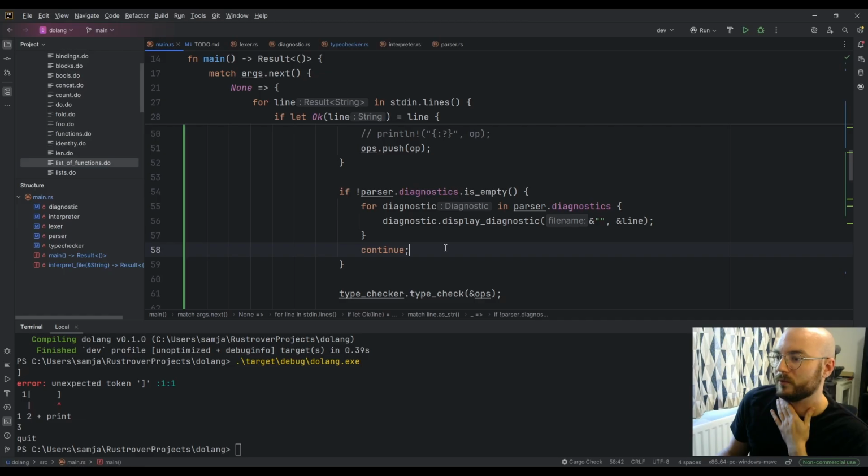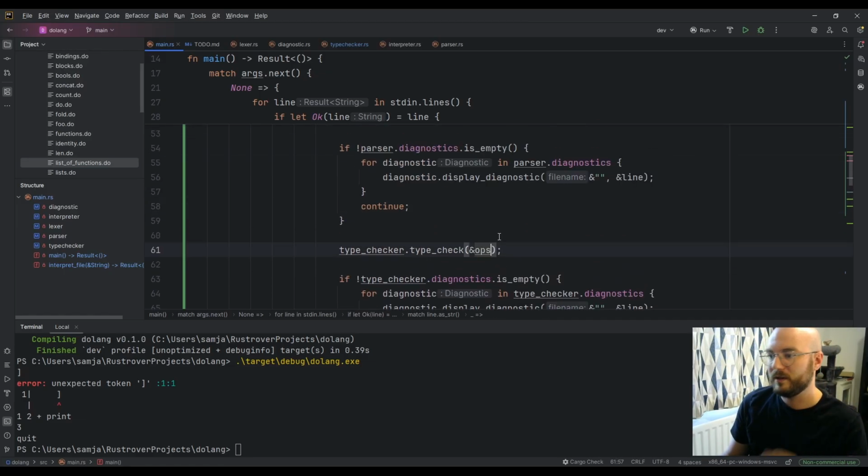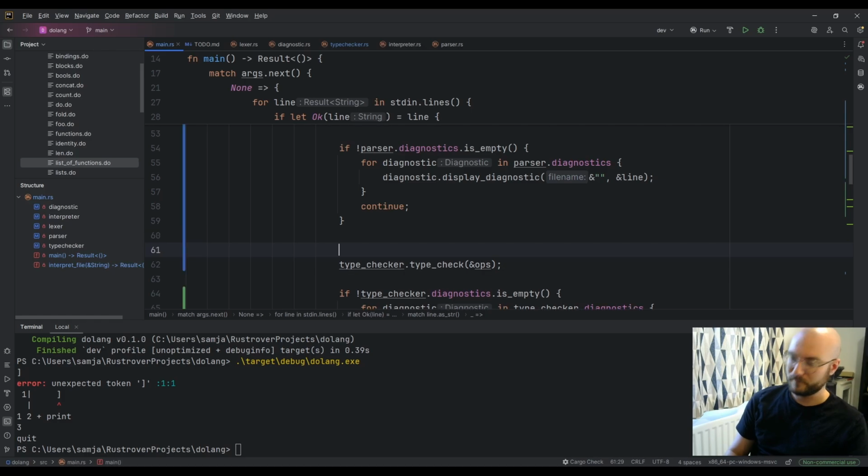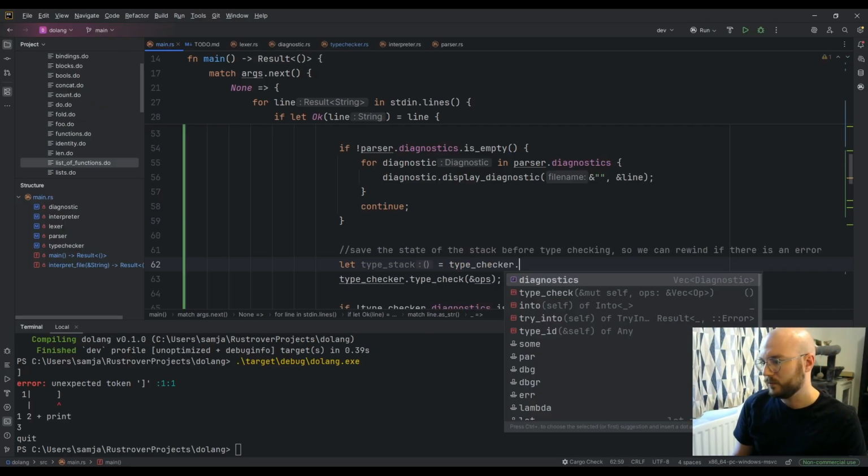Okay, that's very cool. So let's do the same for the type checker. We need to save the state of the stack before type checking, so we can rewind if there is an error. So let type stack equal... Can I yoink it out?